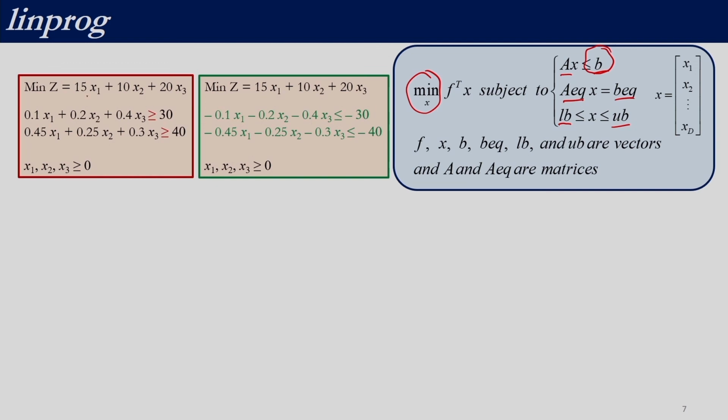So right now what the problem that we had was this one, minimize z is equal to 15x1 plus 10x2 plus 20x3, and these two were constraints which had this greater than or equal to symbol. First we need to convert this problem into this one wherein the constraints are in the less than equal to form, right. If the constraints are in the less than equal to form, only then we can use MATLAB to solve it, right. So that is why we multiply by a minus sign on both the sides and we have these two constraints, right. So now this modified problem, right, which is exactly the same as the original problem, but it is in a format that is required for solving using MATLAB.